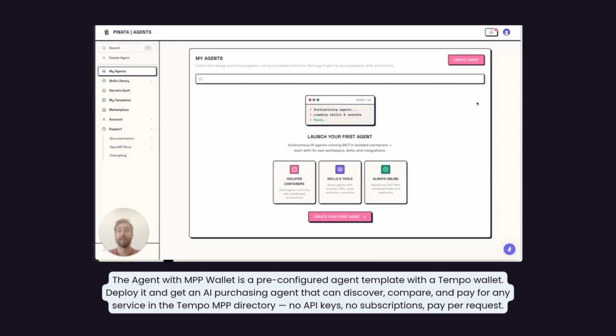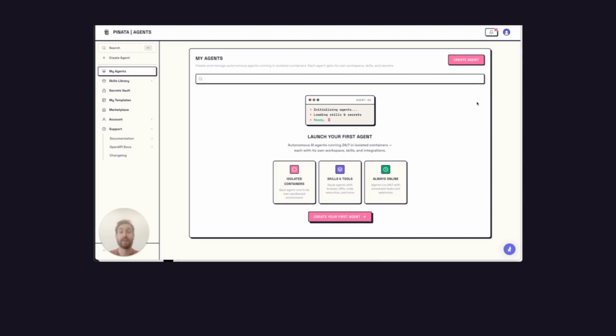Hi there. Today we're going to be showing a demo of the new Tempo MPP agent for the Pinata Agents platform, which was designed in collaboration with our partner Tempo. Tempo is a purpose-built layer 1 blockchain for payments with a focus on enabling high throughput, low-cost transactions for any use case. The Machine Payments Protocol, or MPP for short, is a protocol which enables machine-to-machine payments across the internet